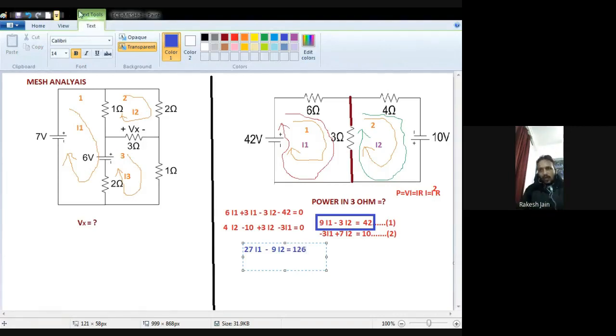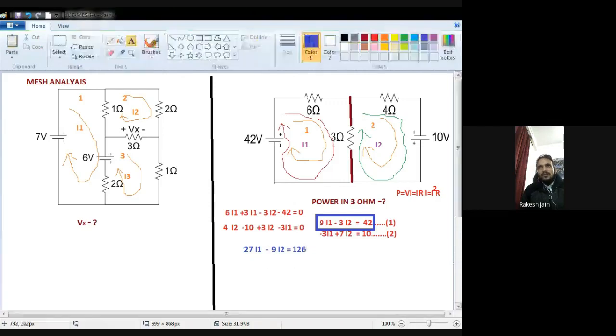To solve these two equations, we have to multiply by something. Either multiply the second equation by 9, or multiply the first equation by 3, so that I1 to I1 will be cancelled out, and we will find the answer of I2. And again put the value of that I2 into any equation, and you will find the value of I1. You have already seen this since 10th class, 11th. Now multiply the second equation by 9. I also mentioned this so that you will not be confused about what I did. I multiplied this equation by 3.